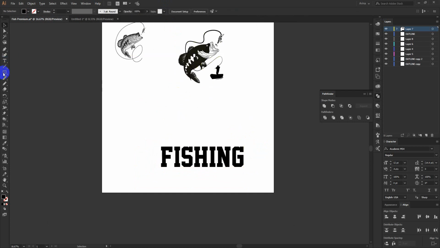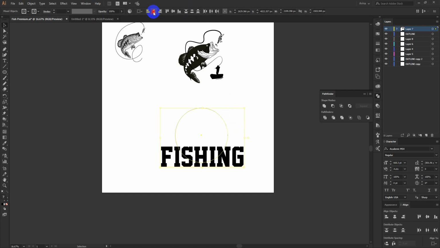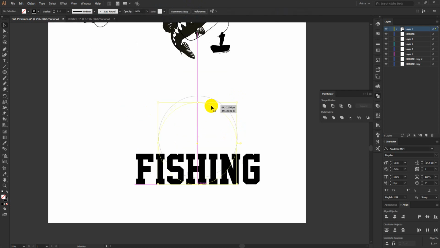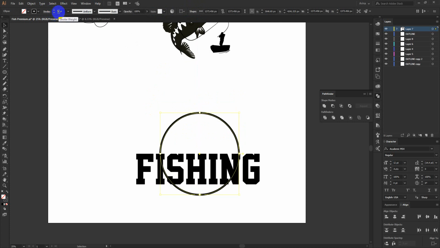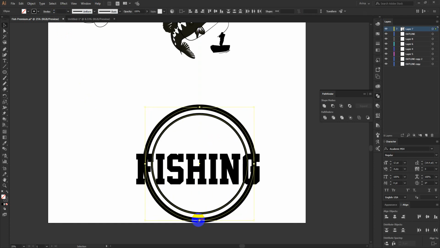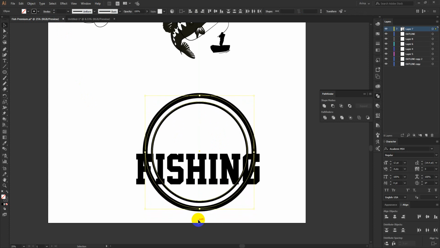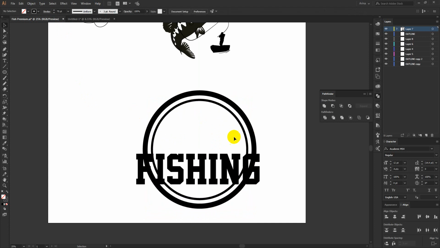I just want to make an ellipse here, something like this maybe, but not that much bigger, in stroke mode of course, selecting the two, aligning them together, keeping that one a bit bigger, then making a copy and paste in front to make another copy. And now this one will be a bit bigger than my previous one. I am going to place them something like this, but I want their middle to be in this area. Okay, that will be okay for me.